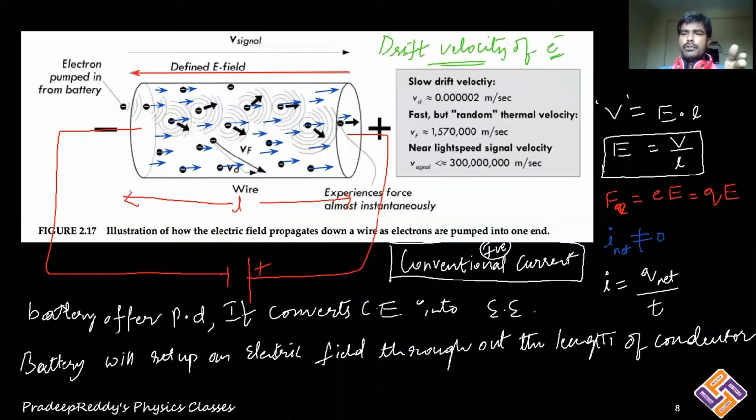The effect of negative charge, which is being produced because of its motion, the opposite to that will be positive charge motion. So we are considering that negative charges flow from negative terminal to positive terminal, producing electron current. Conventional current is by default taken in the direction opposite to electron current. So conventional current direction is represented from positive terminal to negative terminal of the battery, and this is how you will be representing current in the conductor. It is from positive terminal to negative terminal of the battery.